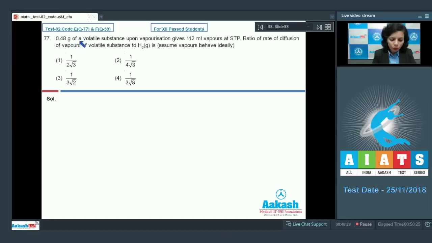Question number 77. 0.48 gram of a volatile substance upon vaporization gives 112 ml vapors at STP. The ratio of rate of diffusion of vapors of volatile substance to H2 is? Assume vapors behave ideally. So we are assuming the ideal gas, and we just have to find out the ratio of rate of diffusion of vapors of volatile substance to hydrogen gas. First we have 0.48 gram of volatile substance. Its amount is given and the volume of its vapor is also given. With the help of this, we can find out the moles of